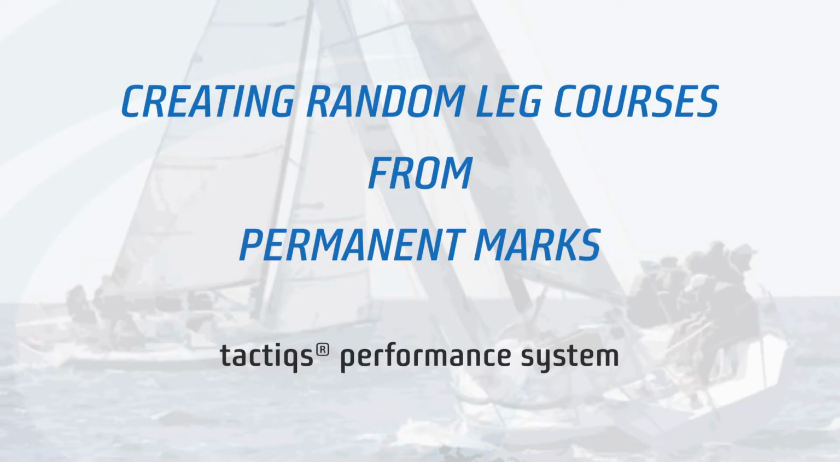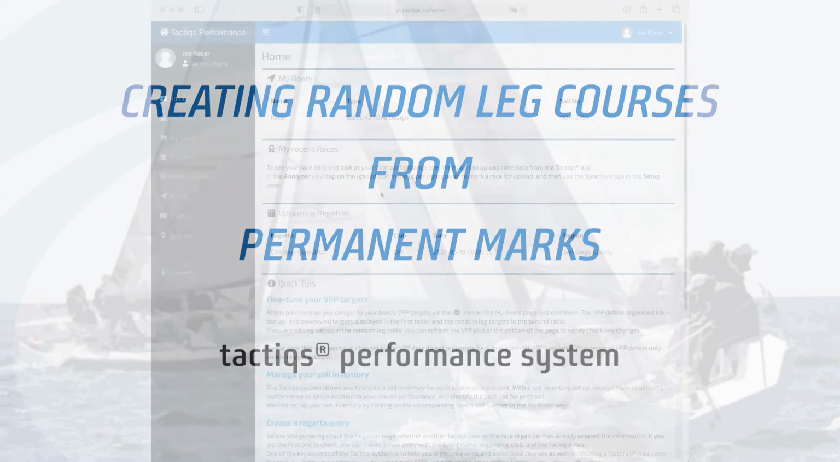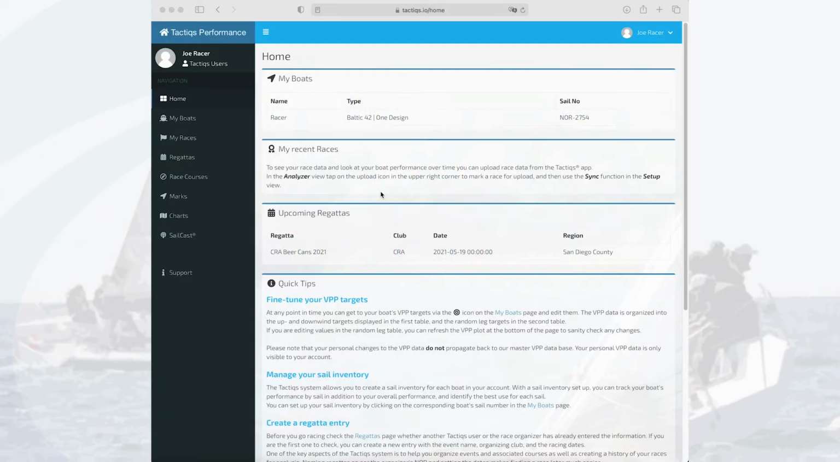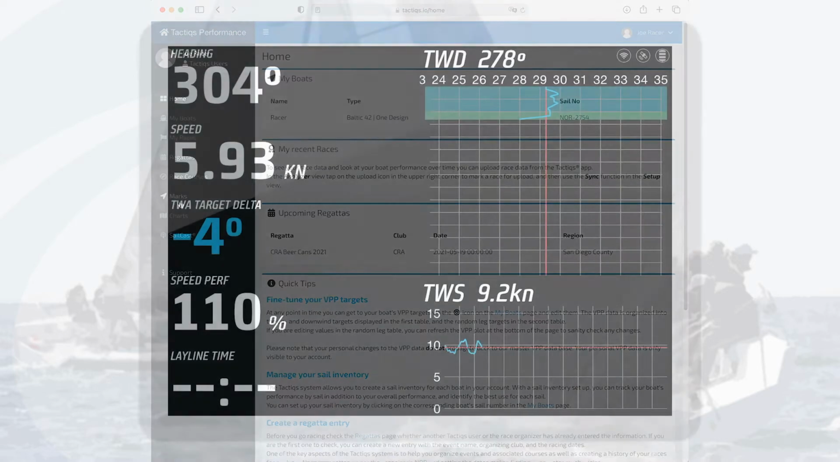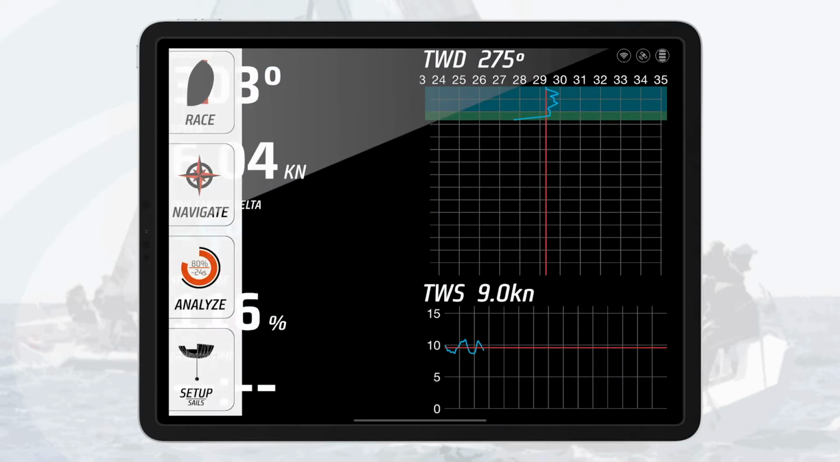This video explains how to set up a random leg race course based on permanent marks such as channel markers or moored race buoys. Regattas, courses, and associated marks are managed in the Tactics service. This allows users in the same region to share courses and marks, and avoids having to enter the same information many times. Once you have a regatta and its courses defined, you can synchronize your iOS device in the Setup